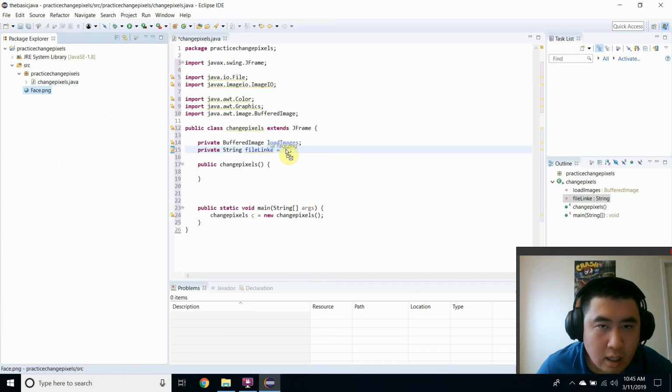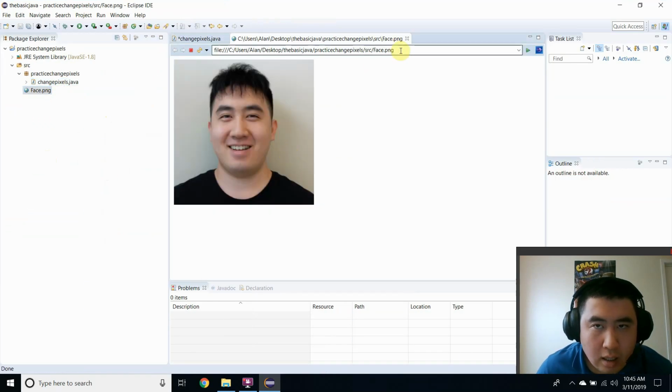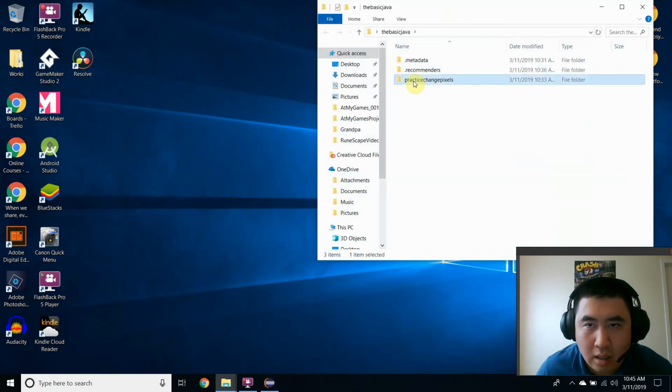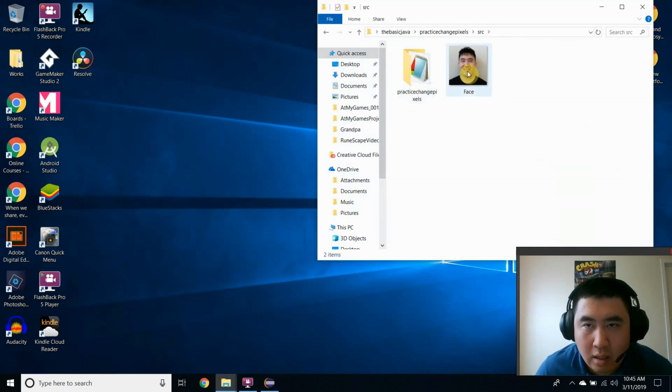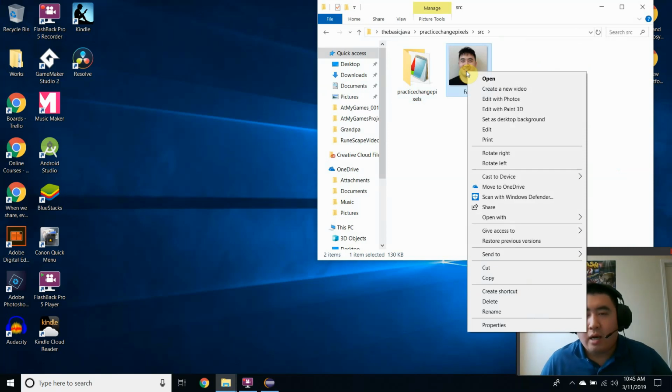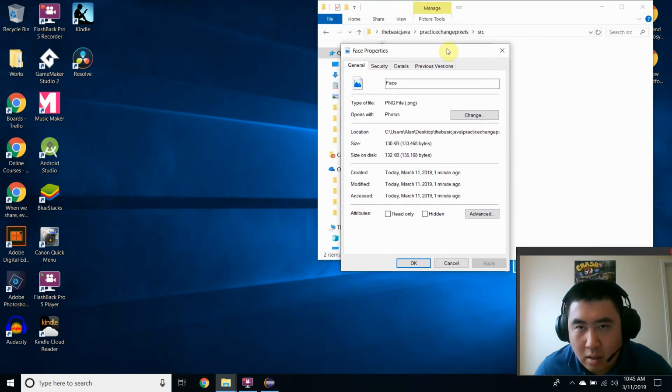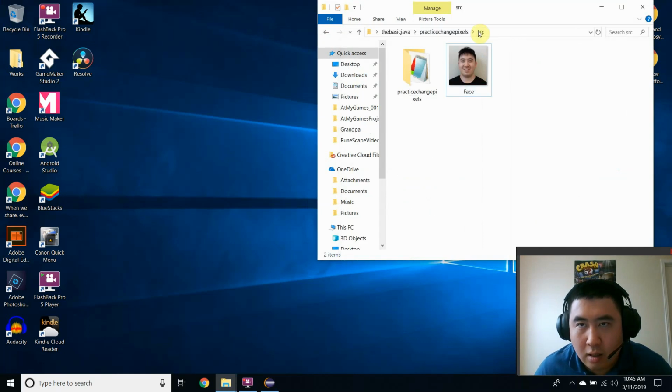You see this dash is different from this one. Inside the ChangePixel sync, right-click it, click properties. Actually, just do this. Click on sync, copy text address as text,